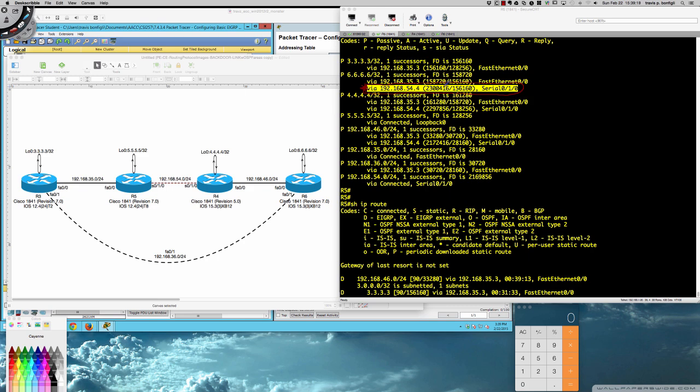I've already done my calculations, and so I've got this guy on hot standby, ready to go in case FastEthernet 0/0 goes down. And so what is the feasibility